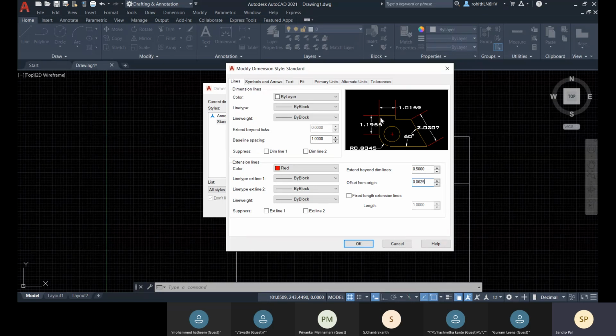And offset from the origin. So from the origin you see some gaps are there, that is the value, how much offset will be there.